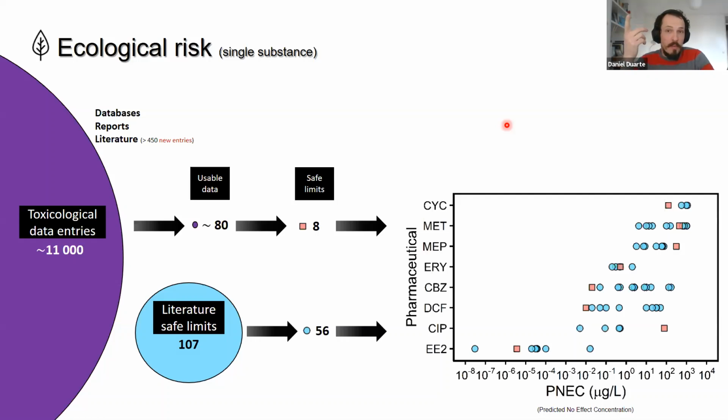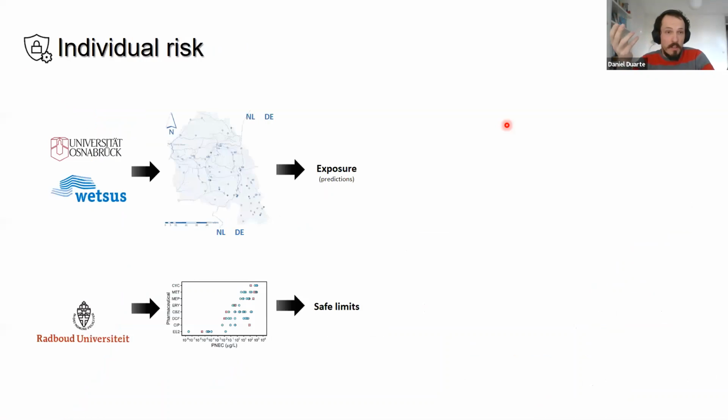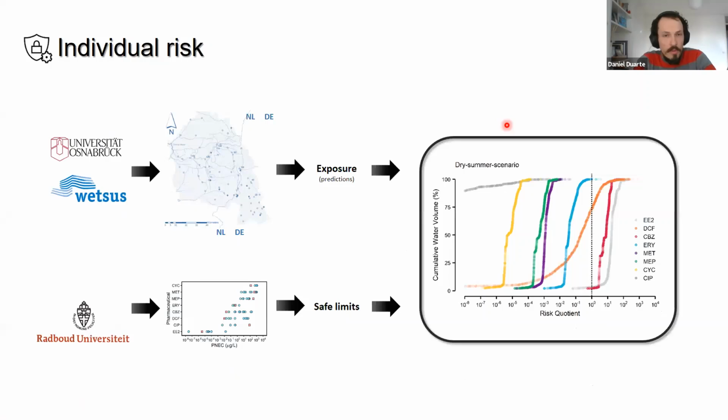Now we have the safe limit, we need the exposure concentrations. For that, we joined forces with the University of Osnabrück and Vechte, because they've used the GREAT-ER model, as you've seen, to come up with predicted environmental concentrations for the pharmaceuticals. We used those and merged them with the safe limits that we derived. This is just one figure for one of the scenarios, the dry summer scenario. I don't have time to show, not in the least, the amount of information that we have. So just the dry summer